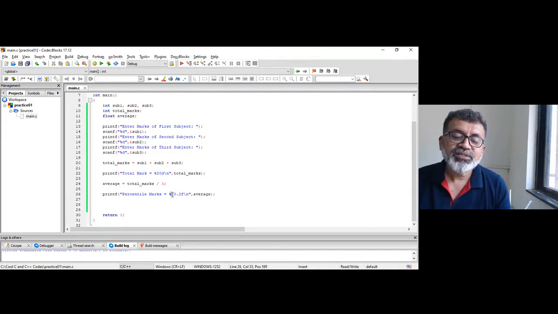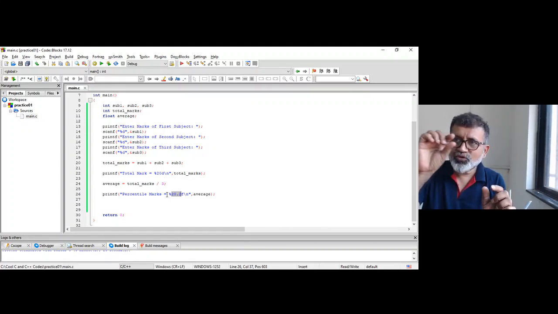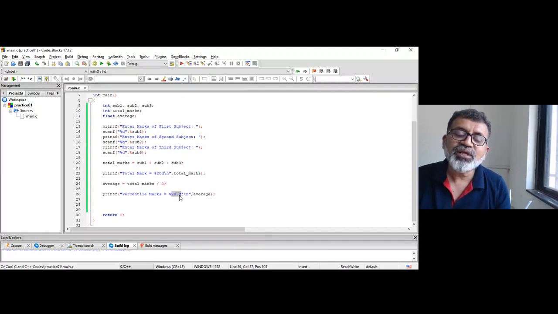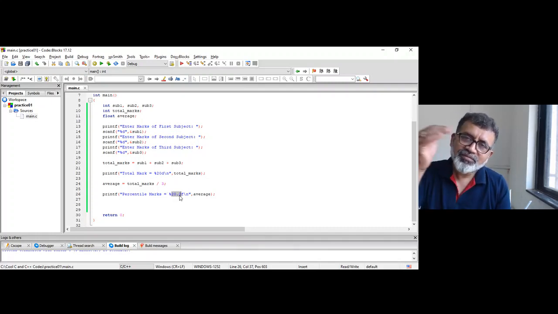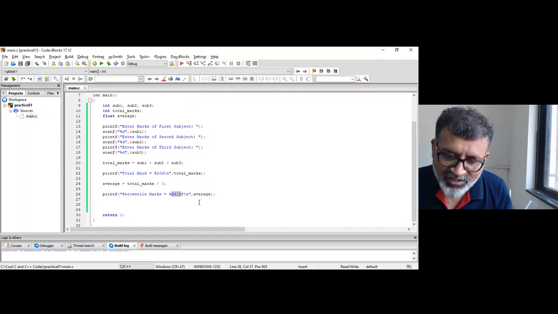So what it does, it counts 20 spaces from this assignment operator. From the assignment operator onwards, it leaves 20, 1 2 3 4 5 6 20, right? And on the reverse side, it reserves two places for that decimal, and behind that it will print whatever percentage, right?